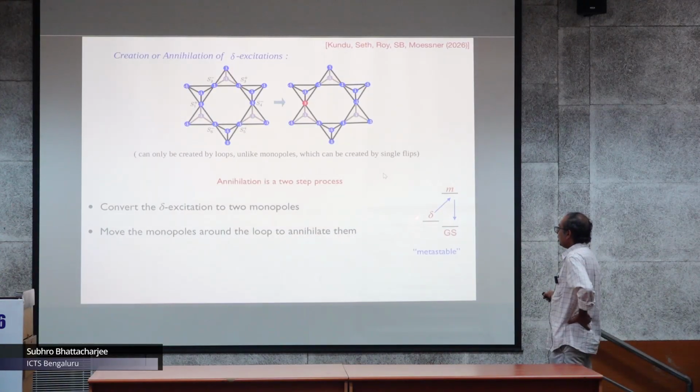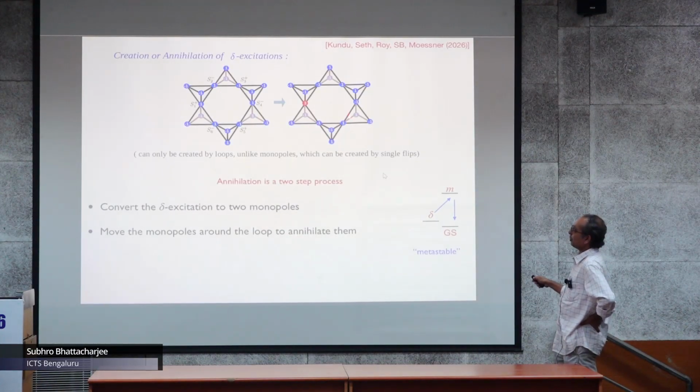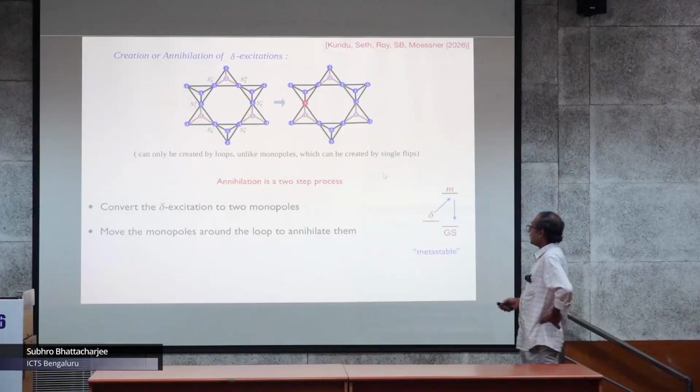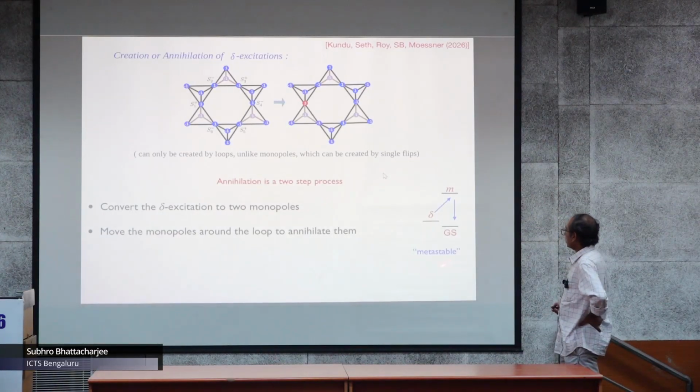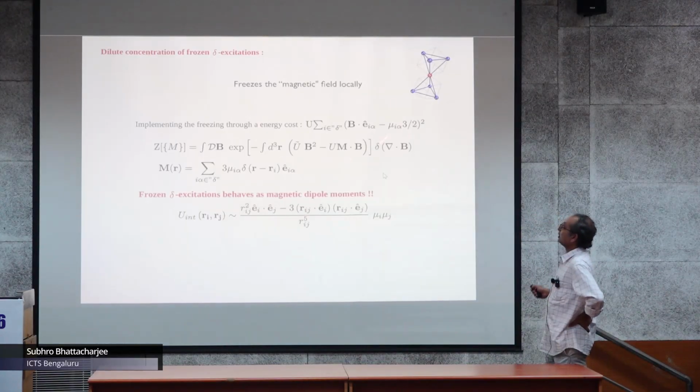Even though they are low energy excitations, to get rid of them you need to undergo this activation process, and hence these excitations are metastable. So if you want to create or remove these excitations, you really have to create monopoles out of the spin ice that have a higher energy cost, and then you follow this route along the arrows or opposite to them. So these excitations are metastable and long lived,